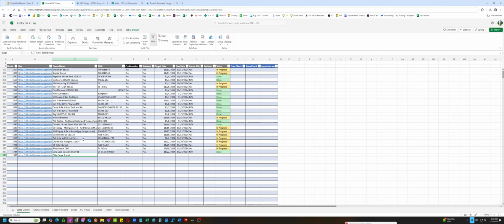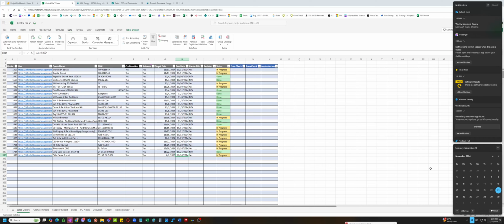Going back to our PO number, and then I'm going to copy this line, and 6/2 is the target date. So I'm gonna push back 2 weeks. Since this is next year, I'm gonna push back 2 weeks before the June 2.